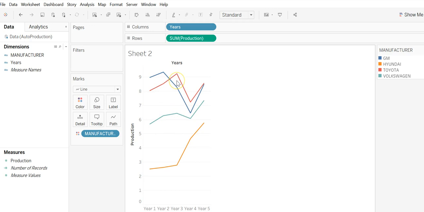each color denotes a manufacturer. We see that for Toyota, which is our red, the production increased through year 3 and then declined and has picked up again in year 5. Hyundai, on the other hand, had a steady increase till year 3 and then has really shot up in years 4 and 5. So this is a quick way to first convert the data